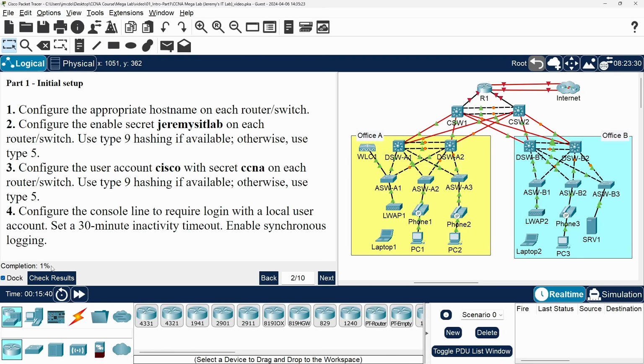Because you have to configure many hundreds of commands in this lab, don't expect the completion score to increase after every single new command you configure. However, as you go through the lab, I recommend saving the device configurations and checking that the score is increasing as you proceed. Now I'll configure the host names of the core, distribution, and access switches. For the sake of completeness, I will show all of these configurations in this video, but feel free to skip ahead if you don't want to watch these repetitive commands.